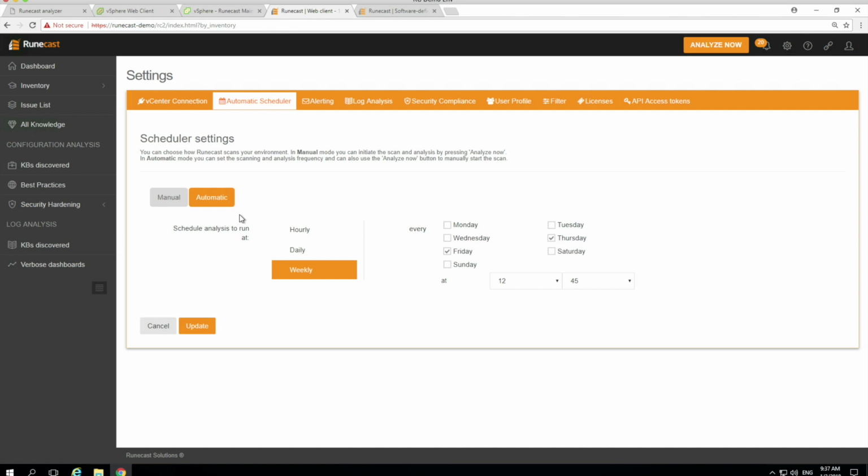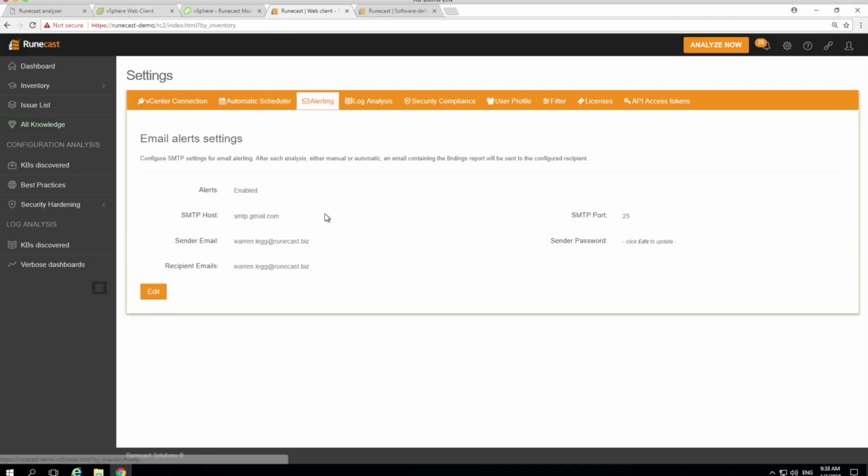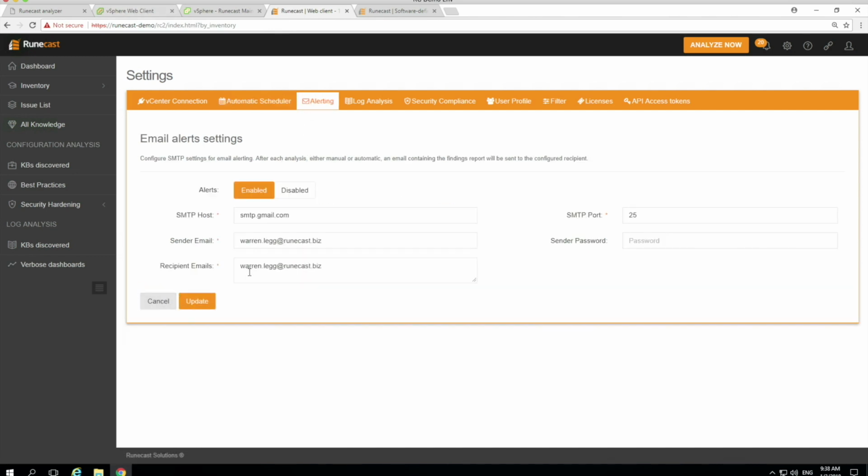You can set alerts so that you can send emails out, and there's a nice email which consolidates the findings of the analyzer, and it's quite high level in terms of the reports. And the metrics there are similar to the dashboard, but also some lower level stuff about the highest offenders. So you could use that for management to keep them informed. Just as mentioned previously, your security compliance, you can turn that off and on in here.